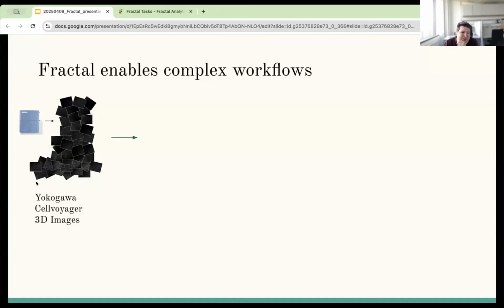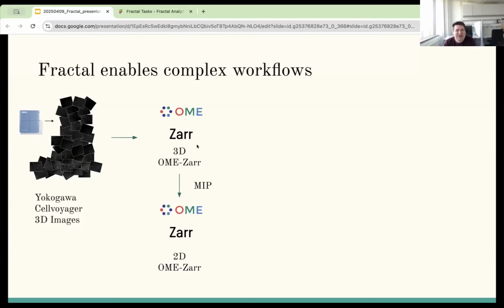And typically the thing that comes off a microscope is a big pile of TIFFs or a big pile of vendor-specific formats. And the first thing we always do is we convert them to an OME-Zarr, because then we can use the same processing afterwards for a Yokogawa Cell Voyager, an MD ImageXpress, an Olympus ScanR microscope, a different Leica setup. And we don't need to write our processing specific to the microscope anymore. We write our processing to work on this standard format. Once we have these nice OME-Zarr containers,